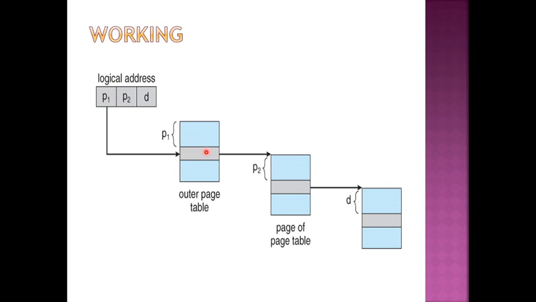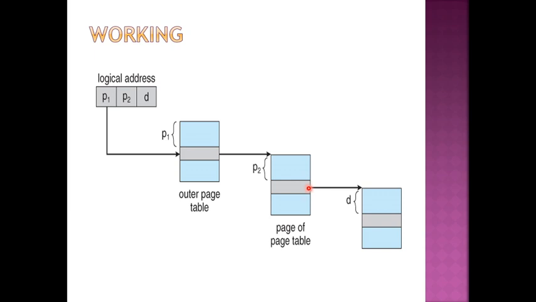So from this again I'll be having a page table. This will again point to the starting address of the inner page table. This is the outer page table and this is the inner page table. But in the inner page table I need to know which page from the inner page table I'm referencing. That will be told by P2. So P1 will tell you which page of the outer page table, and P2 will come directly here and it will tell you which page of the inner page table.